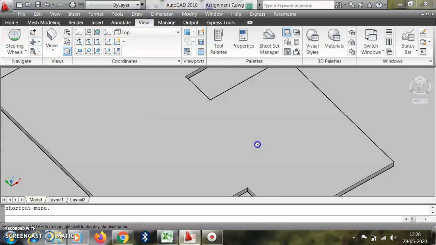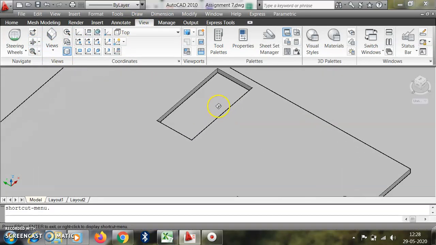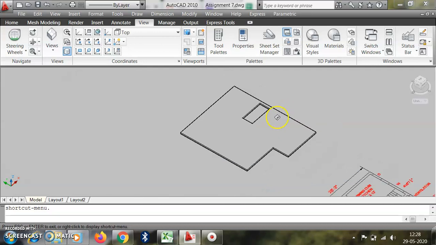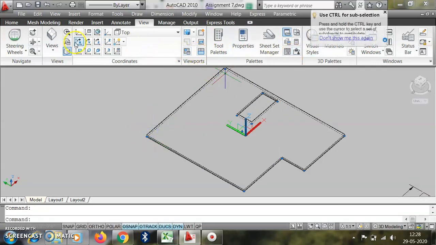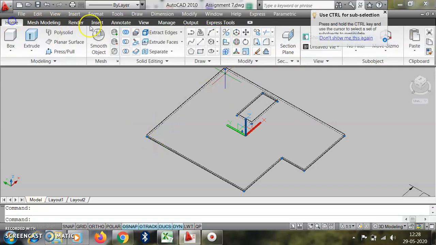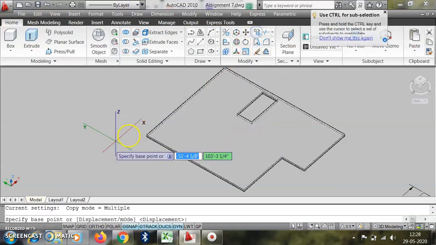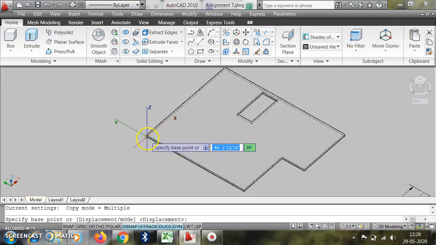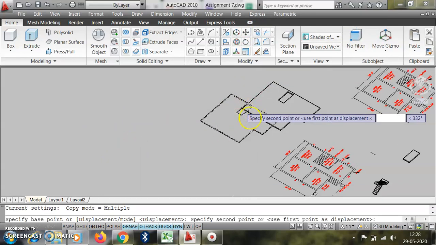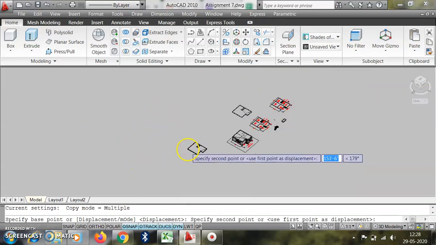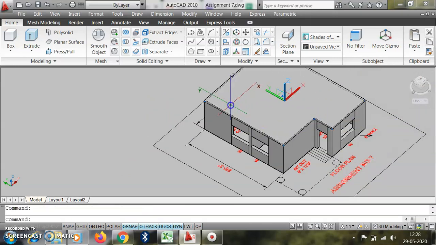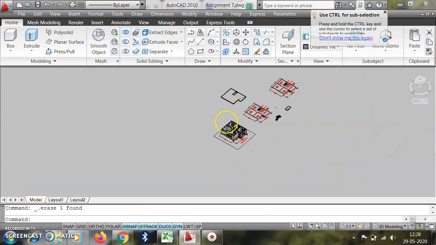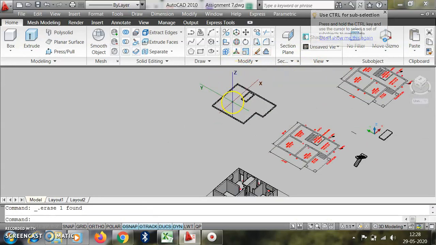If we take the view of this one, we get the open portion. Then we can copy the slab from this lower portion. Here we have to first delete the previous slab, and then copy this slab here.